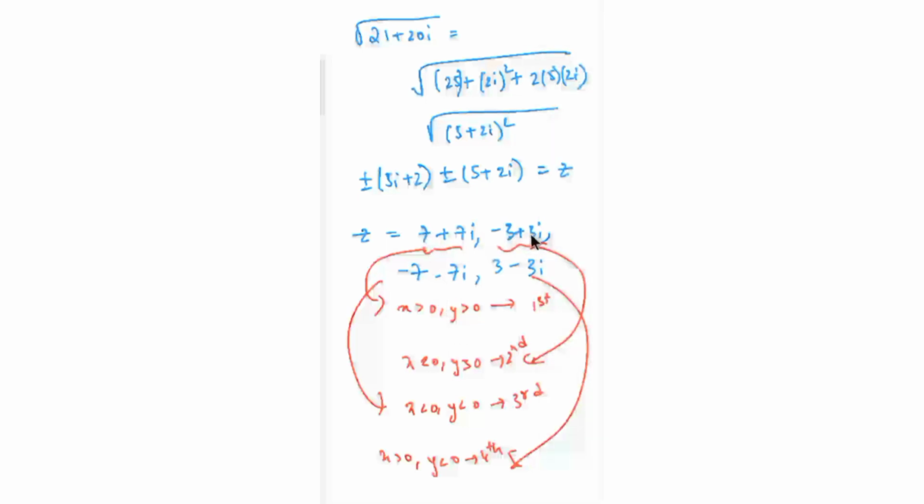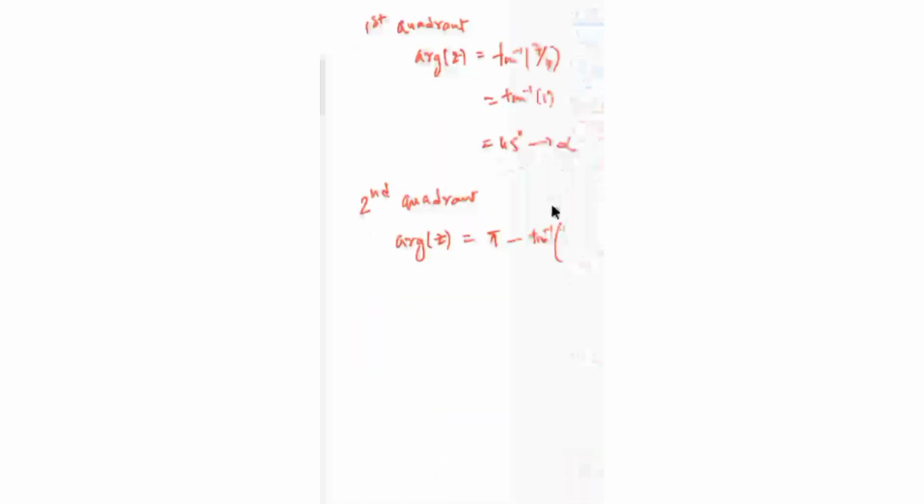the second one is minus 3, it is 3 by 3, fine. Here x is less than 0 and y is greater than 0, so we put tan inverse of mod of minus 3 by 3. So it is pi minus tan inverse of 3 by 3, so it's pi minus tan inverse of 1. Again it is alpha, so we can put this to be pi minus alpha, that is pi minus 45, which is equal to 135 degrees.